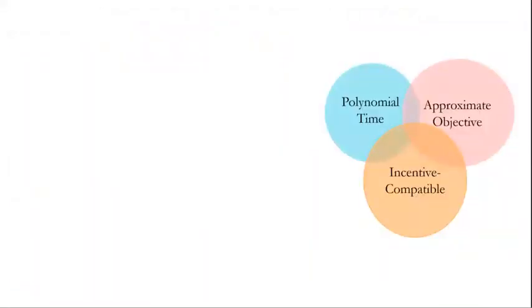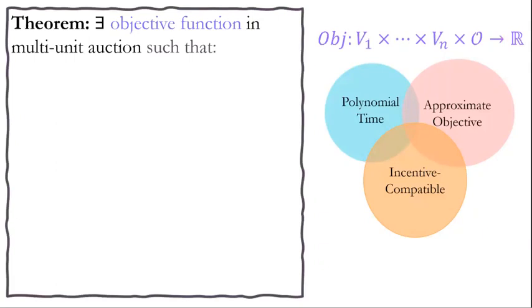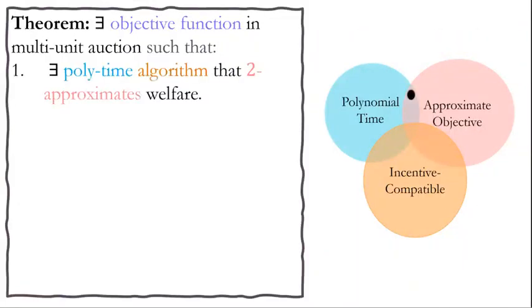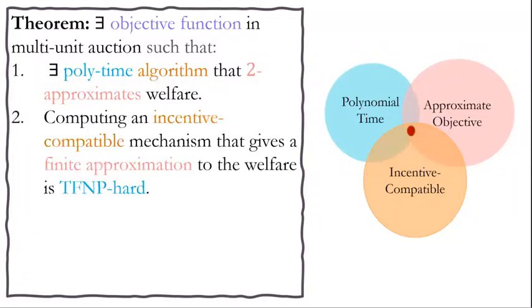And to illustrate the theorem, we will use the diagram of the desired properties of algorithms that I've shown you before, where I remind that these properties are polynomial running time, approximation to some objective function, and incentive compatibility. So what we claim is that there exists an objective function. Well, formally, an objective function is some function that takes as an input the valuation profile of the bidders and some outcome and gives us a score. So we have such an objective function that satisfies that there is a polytime algorithm that gives a two approximation to it. But every incentive compatible mechanism that gives a finite approximation to it is TFNP hard,